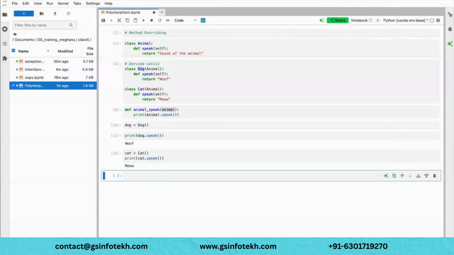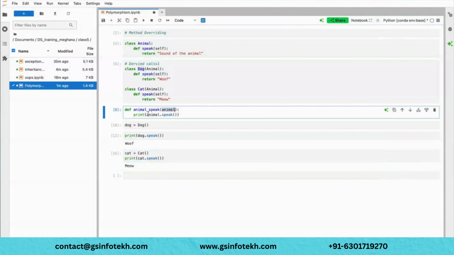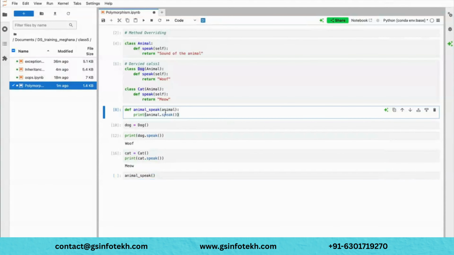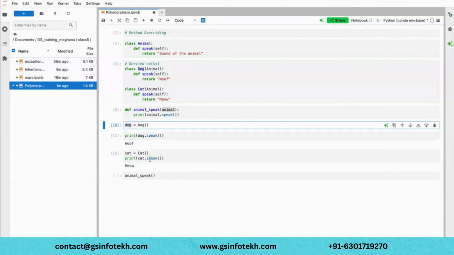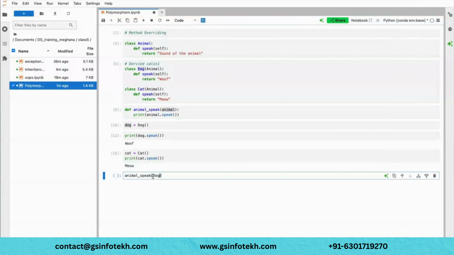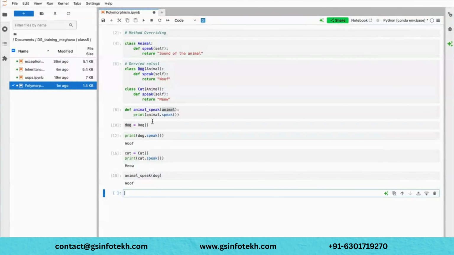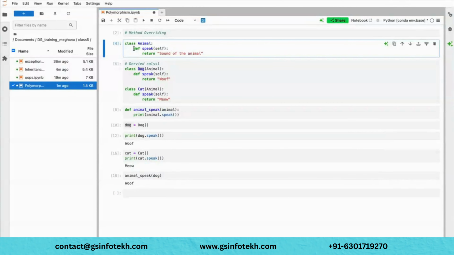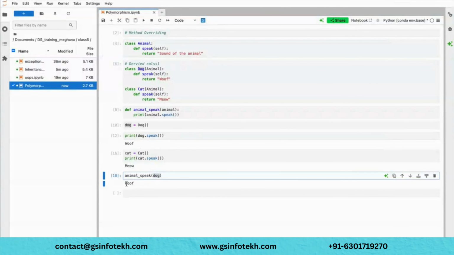So now here the animal function, I need to call this one, and if I pass a dog here, let's see what will happen. This dog is an object, correct? Usually if I call the method inside the animal, I should get the sound of the animal, right? But why is it giving a woof?